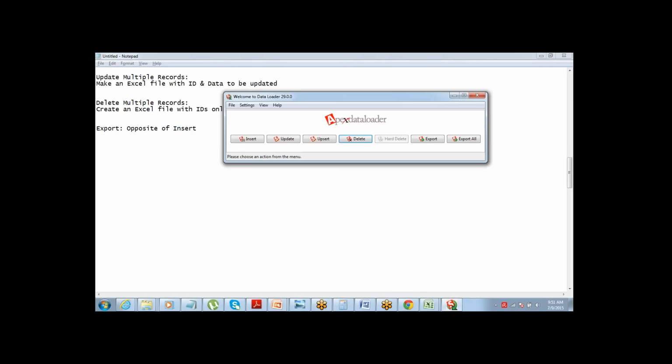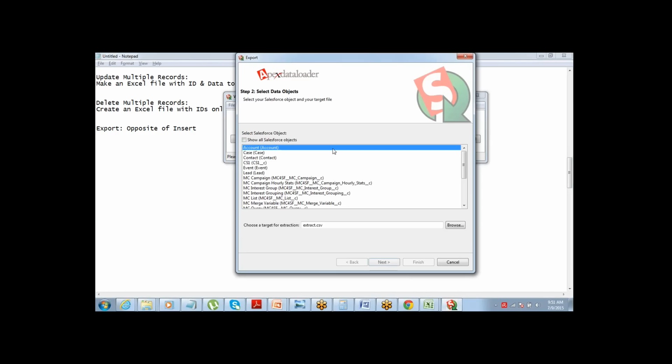Just go to the data loader, click on the export button. Let's say you want to export accounts, select account. Then you can select your target extraction location, where you want to save the extract file. The exported data will be saved in extract.csv, and you can define the location.